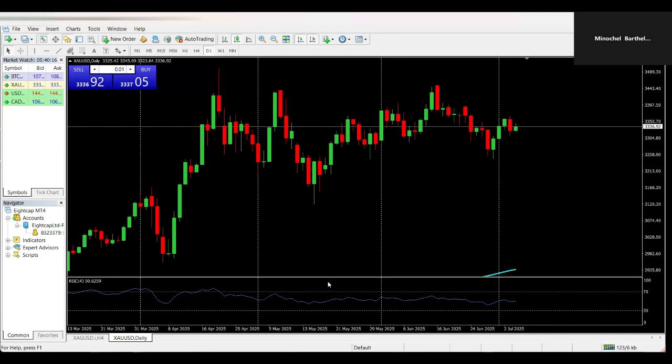In this topic, I'll be talking about the DXY, aka the US dollar, right? If you're trying to trade any currencies or any commodities that have USD in front of them or at the end of them, the first thing you should be doing is analyzing the DXY, which is the US dollar. Depending on the broker you use, for some brokers it is called the DXY, and for others it is called the USDX. There are variations for it, but you'll be analyzing the US dollar prior to trading any currencies or commodities